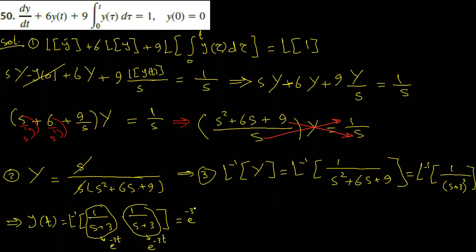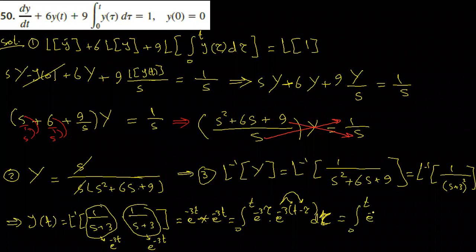e to the negative 3t convolution e to the negative 3t, which is given to be the integral from 0 to t of e to the negative 3 tau times e to the negative 3 (t minus tau) d tau. Here we have negative 3t plus 3 tau, which cancels out with this. So you have only the integral from 0 to t of e to the negative 3t d tau,